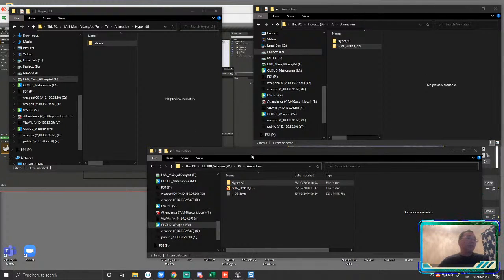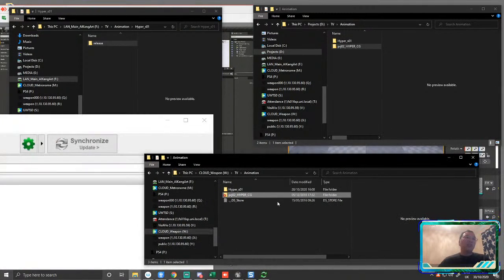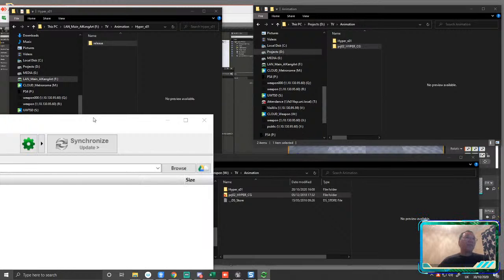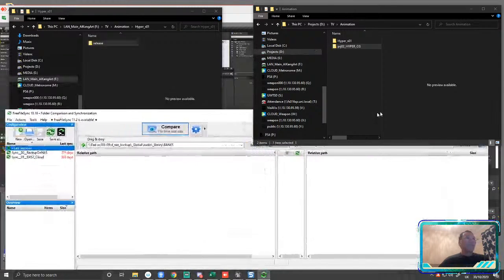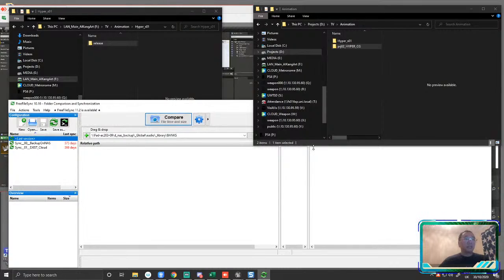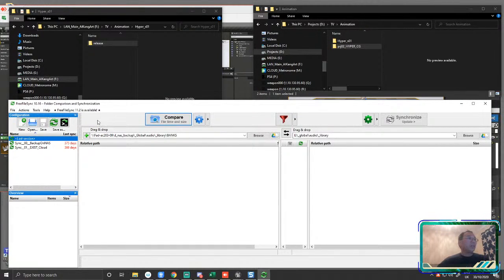Okay, so now I'm going to fire up Free File Sync, right? All right, so Free File Sync is going to fire up. What I'm going to do is sync that folder with that folder. So I have a copy on the local here, right? Let's bring in Free File Sync. So here's how this is going to work. I'm going to navigate to